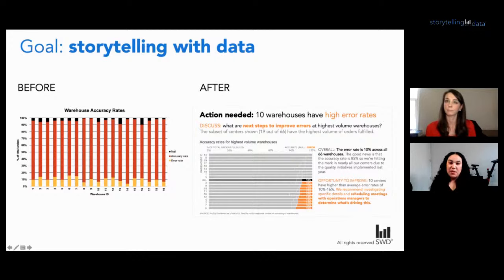And it's striking when you look at the before and the after. The difference is the view on the left, it's just data. We're leading with our numbers. But for the view on the right, we're instead leading with story, leading with the so what, the narrative, and then using our data, our graphs, to reinforce the main points that we're trying to get across. And it's that combination of story and data that drives such a deeper understanding.